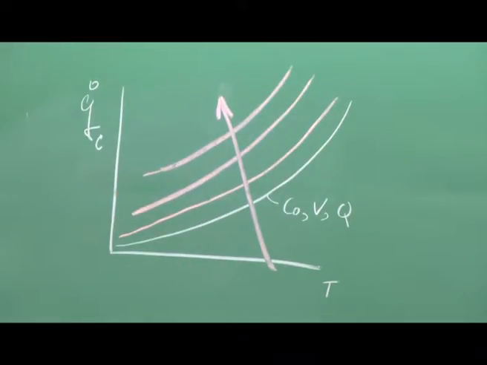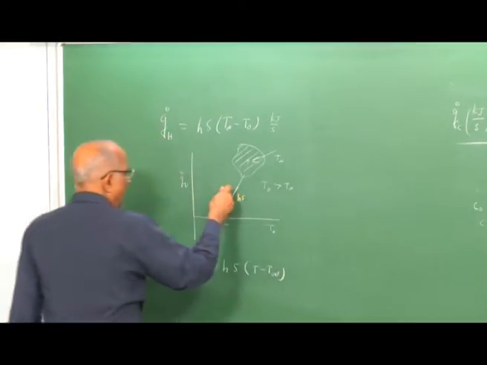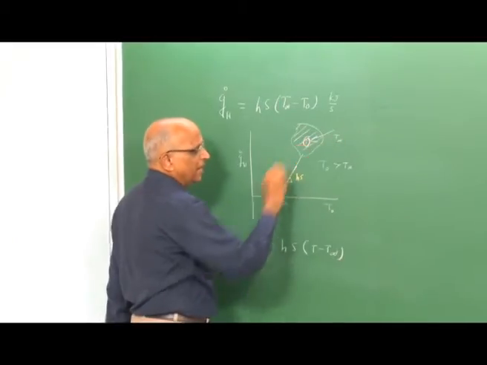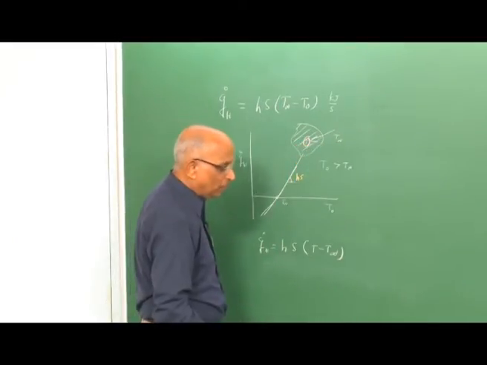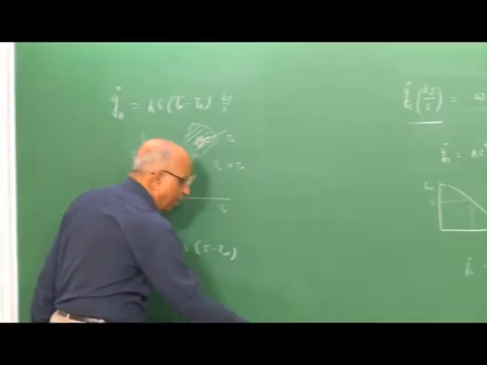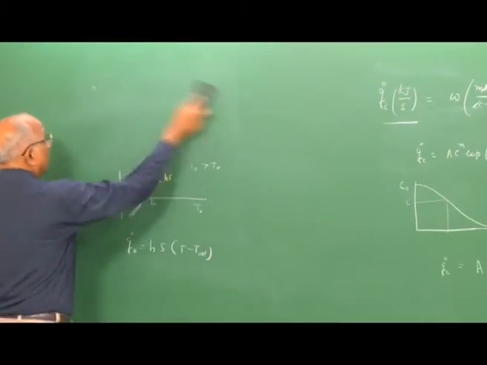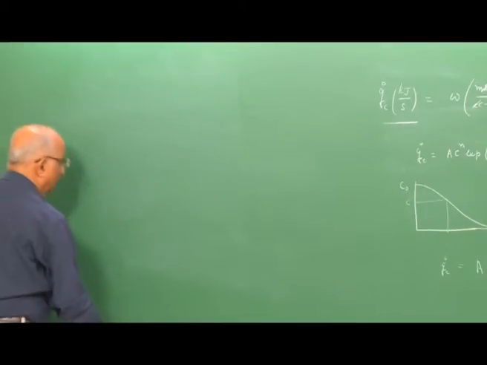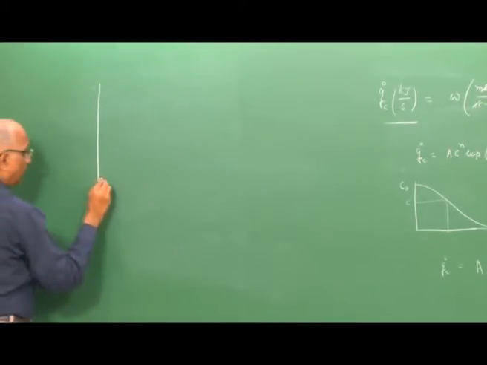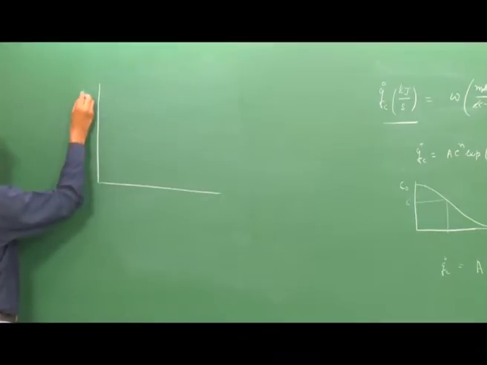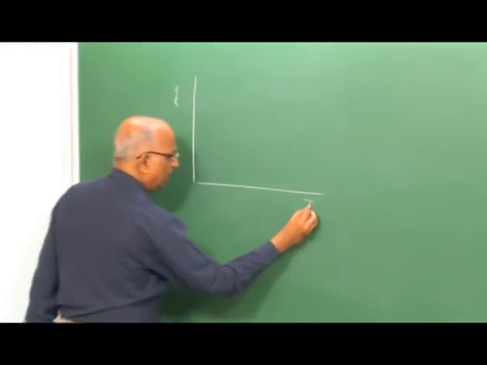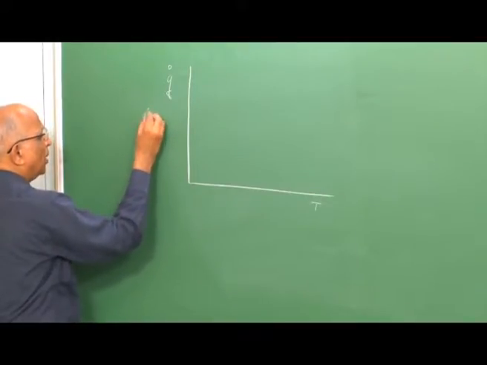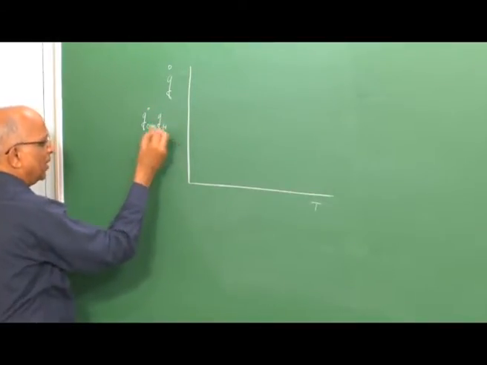This is how the heat transfer takes place, and let us consider the case wherein the temperature here is greater than the ambient, and let us put both of them together and try to see whether we can interpret it or make some sense of it in some way. Now I make a plot of, let us say, Q dot as a function of temperature, and this Q dot could either be Q dot C or Q dot H, that is the heat transfer.